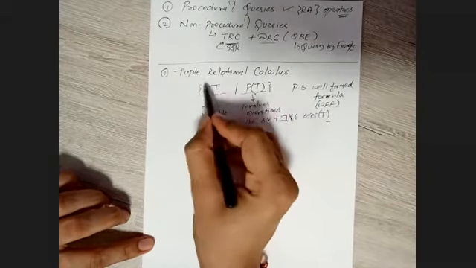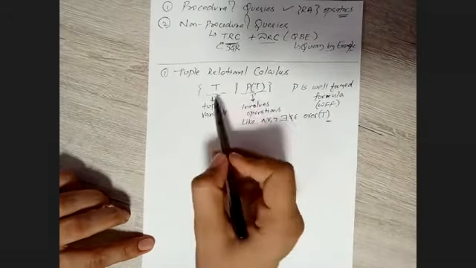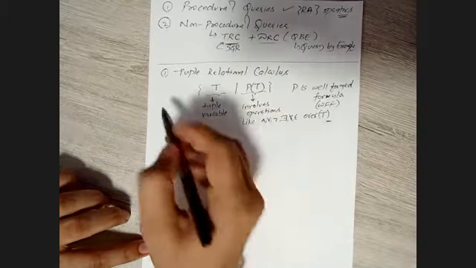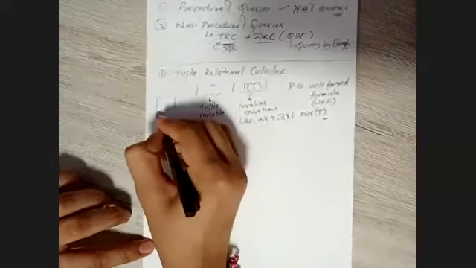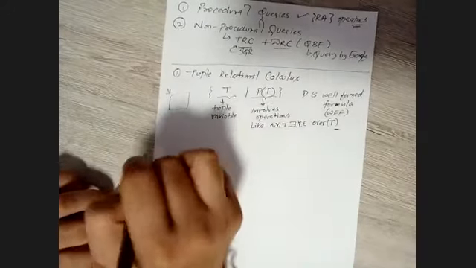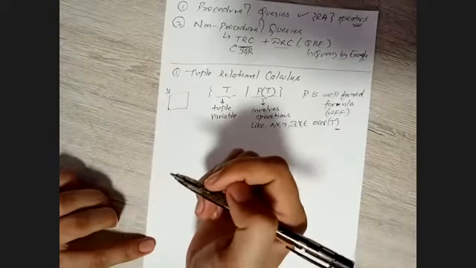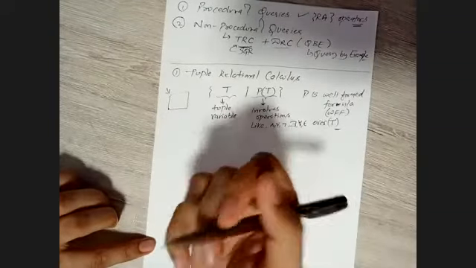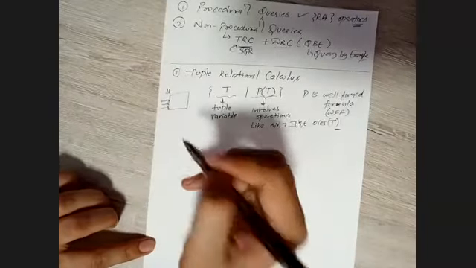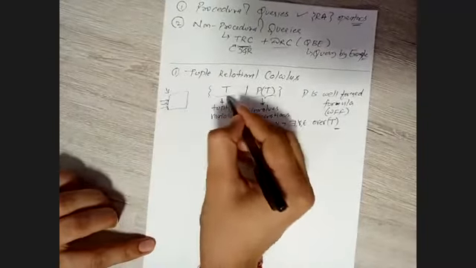That is your tuple relational calculus. We have the first tuple variable, which is something like out of the table. Out of the table, you want to apply some query and return your desired output. For example, you want to return some tuple values, these are the tuples, the rows. So what you will retrieve should be written here.